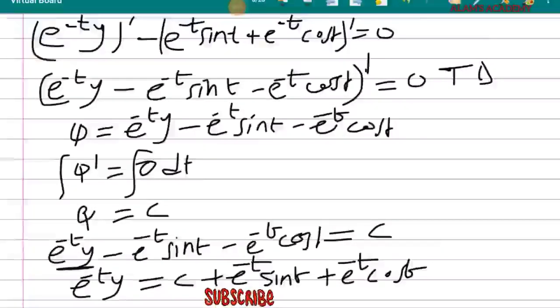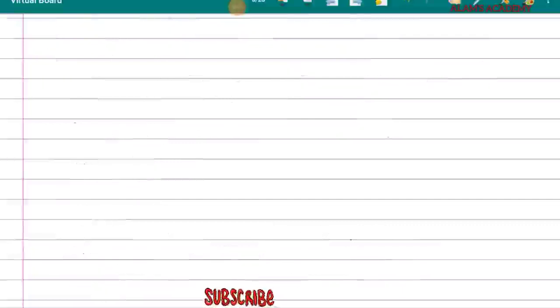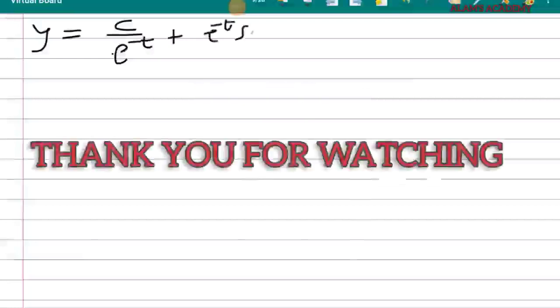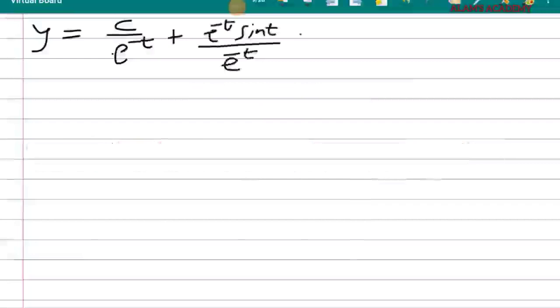So wonderful. So divide through by what? e^(-t). When I'm dividing through by e^(-t), I have y to be equal to c over e^(-t) plus e^(-t) sine t on e^(-t) plus e^(-t)